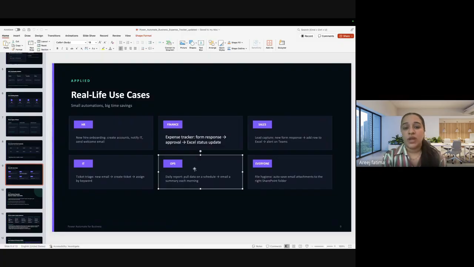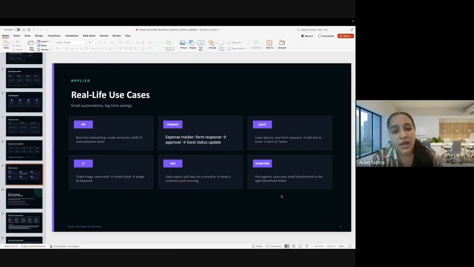Then after that, we have the daily reports, like how we need to schedule them, which emails go out in the morning, when we need to send emails in the evening, whatever the scenario is. And after that, auto email attachments. Even if we need to make any type of tracker, like the check-in time, the checkout time, and how to calculate the total hours. So all these things are possible with automation processes.